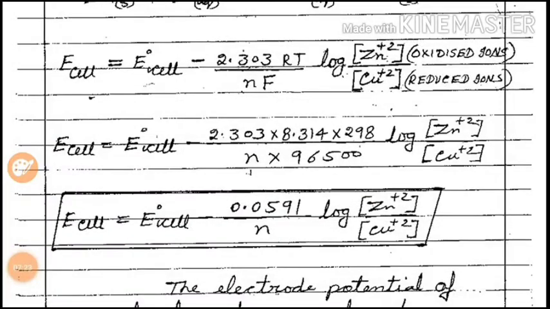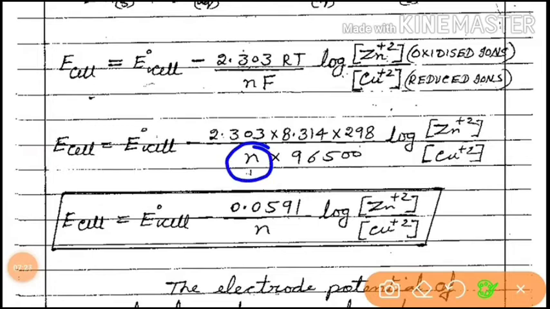So this value of N changes according to the equation. Somewhere maybe the losing and gaining of the electron is 1 or 2 or 3; according to the question, the value of N changes. So E cell is equal to E naught cell minus 0.0591 upon N log, where we write the oxidized ion as the numerator and the reduced ion as the denominator, and this is equal to